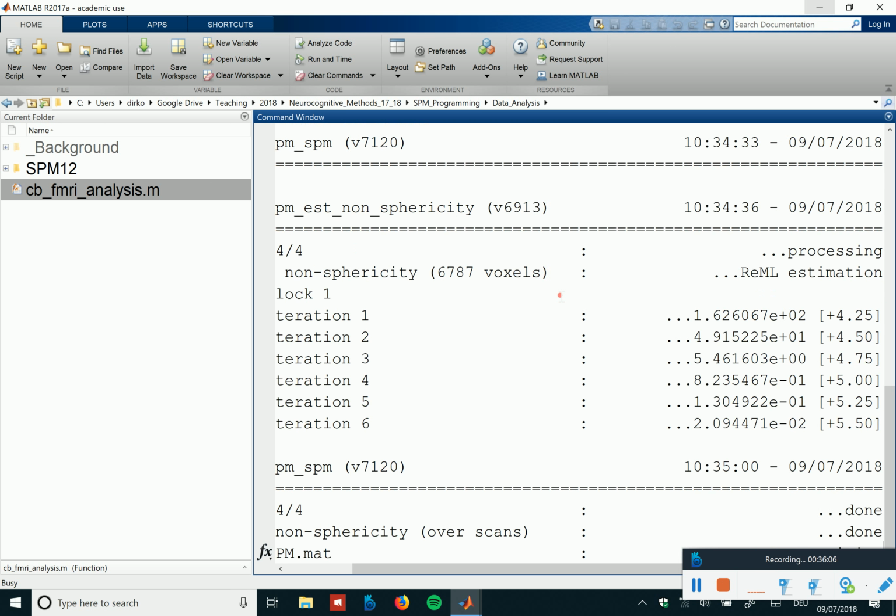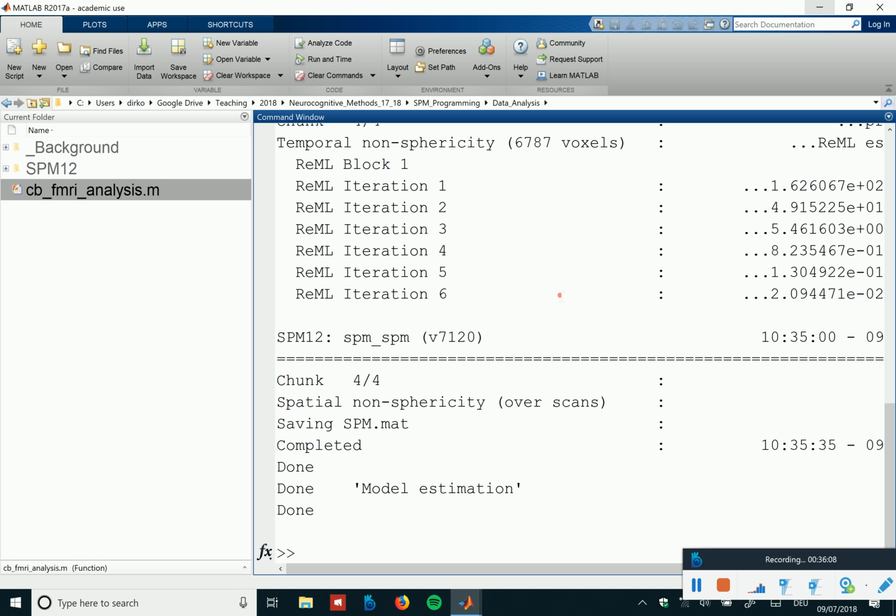The way this is actually done is that, first, it goes over each voxel and estimates the covariance component parameters and the beta parameters simultaneously. Then it averages all the component parameters and treats the variance parameters essentially as known, and based on these known parameters, it estimates the beta parameters again. So this is why there's this 2-pass procedure,